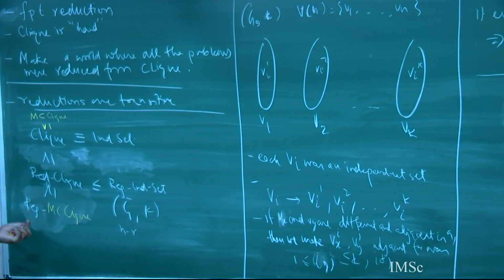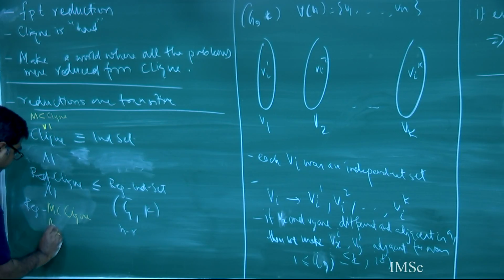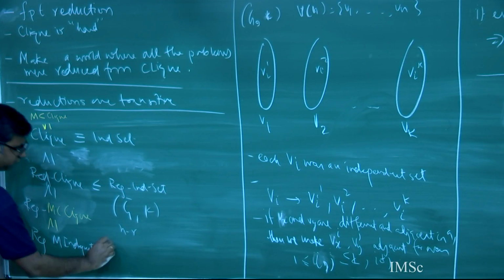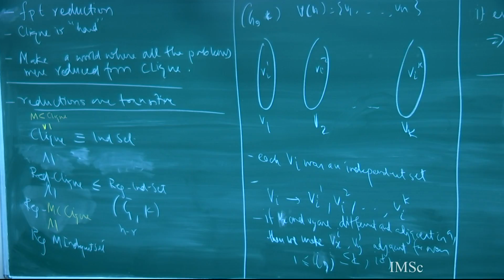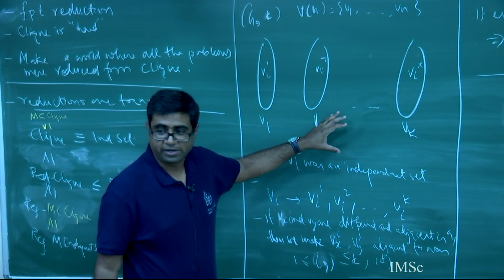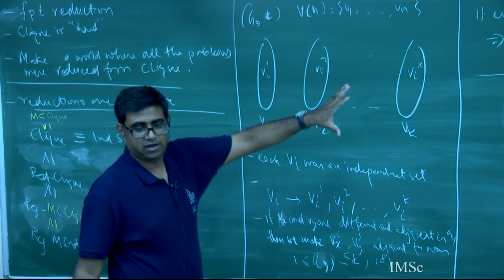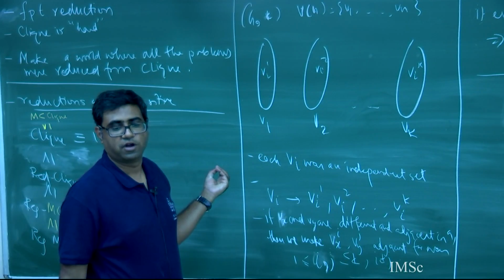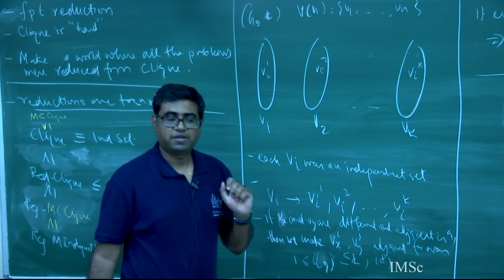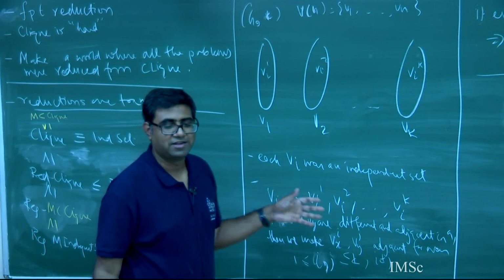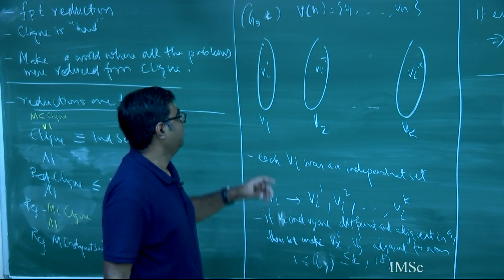I want to say from here I also get a regular multicolored independent set. Just take the complement, no? There are many ways of taking the complement. Sometimes what is important for several reductions is that whenever you have such objects, like a bipartite graph, you take the normal complement, it does not matter because the parts remain the same and you are looking for an independent set, so it's fine. But sometimes it is important for the reduction that you want to maintain, say, bipartiteness, right? Then you do not take the complement